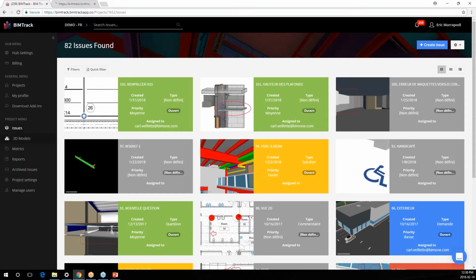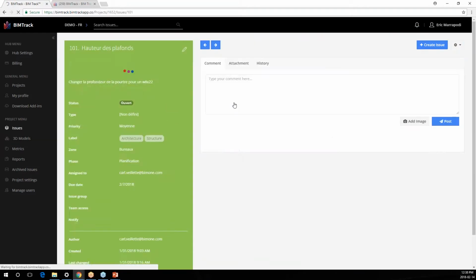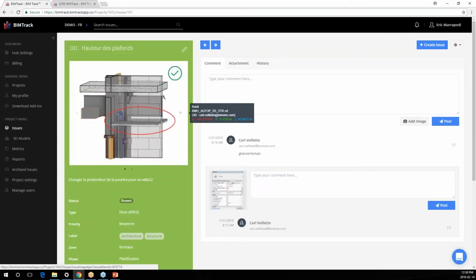You also have the viewer of BIM Track. So if you wanted to visualize those issues that were created from different software, you can see them in the viewer of BIM Track. And if you wanted to have better control in your project, you have access to the metrics and the reporting on your project. So for example, if we open that specific issue, we can see that it comes from